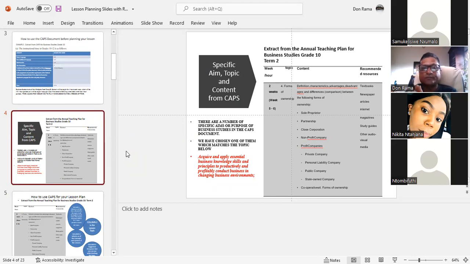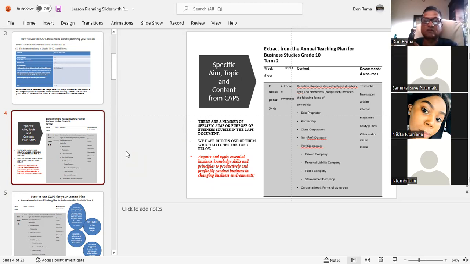In the CAPS document, as I said, there are a number of specific aims, or it can be purpose, right? It can be specific aims or purpose, right? So you might not get the heading specific aims in your CAPS document. In some of the CAPS documents, it says purpose of the subject, right? And that is where you will find the specific aim. Now, I've taken a business studies